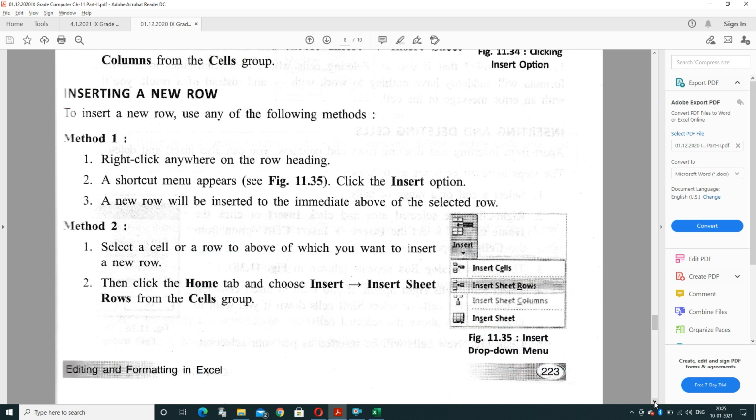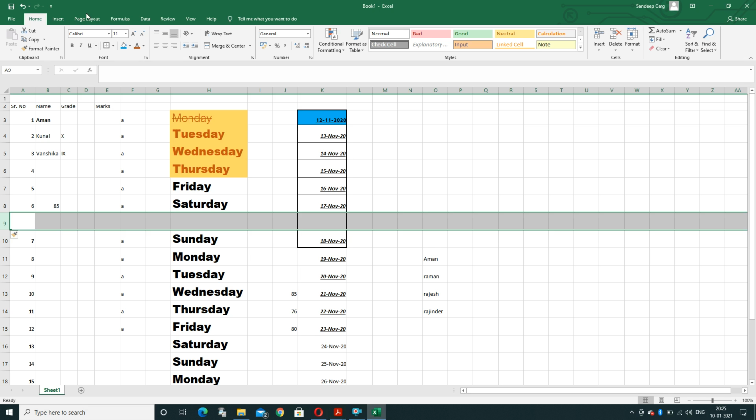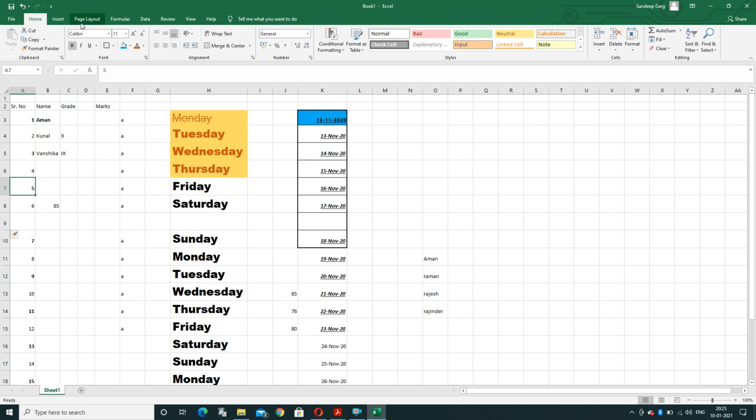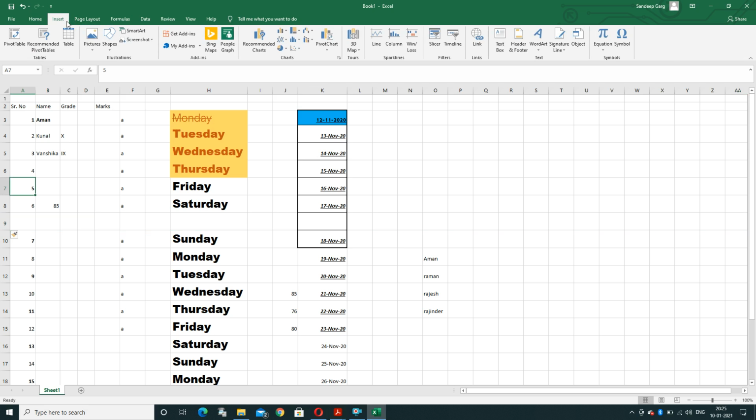How can I insert a sheet row? For that, click on the home tab and then insert, then sheet row. Like here, insert. In insert, the sheet row option is there.